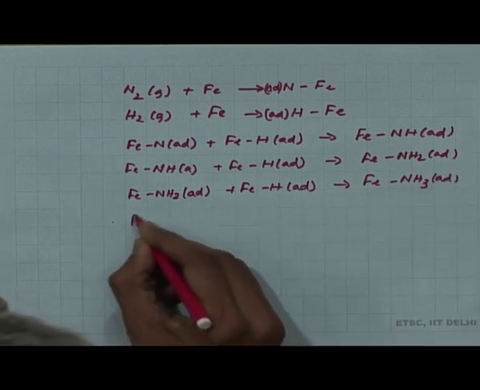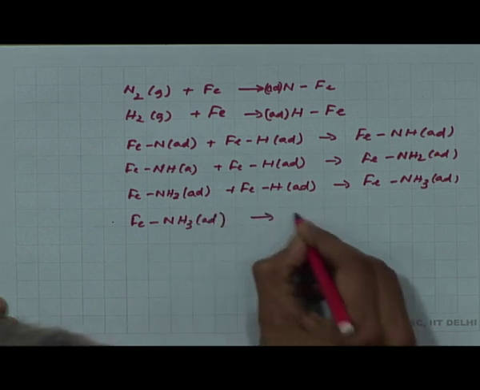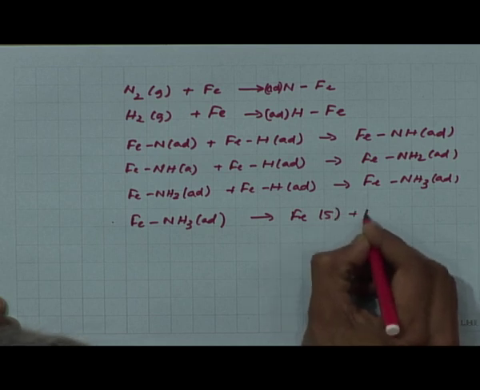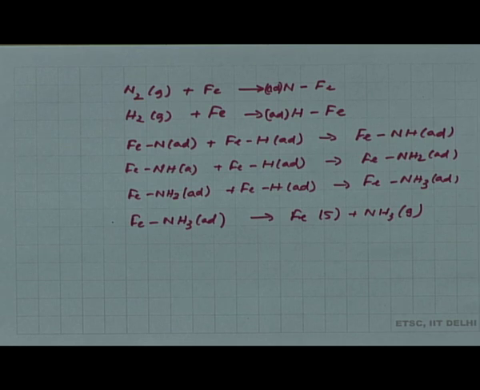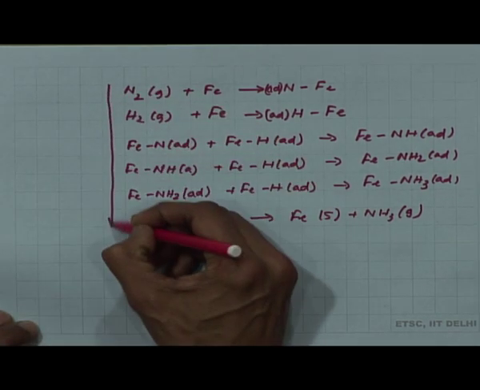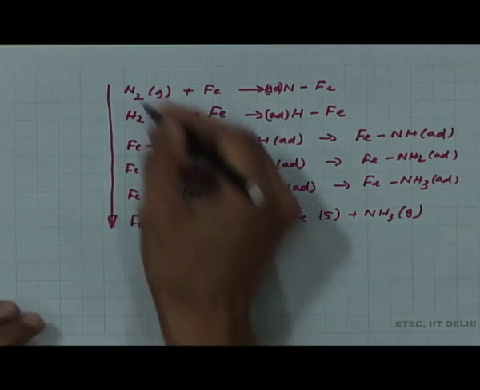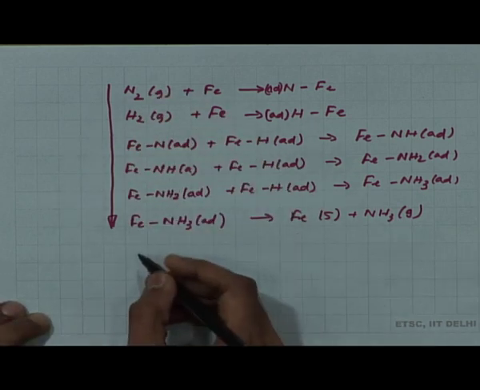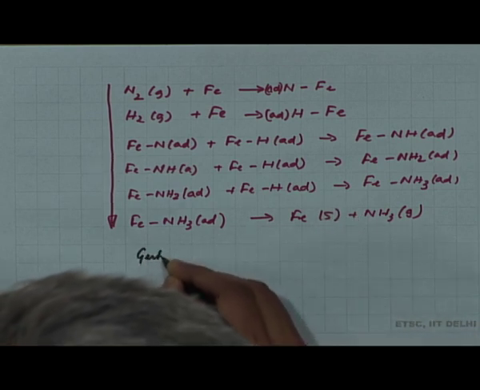And this adsorbed ammonia will then desorb to give you ammonia in the gas phase. That is the series of steps that happens in the synthesis of ammonia from nitrogen and hydrogen on an iron surface, the Haber-Bosch process. Understanding the mechanism for the reaction of N2 plus H2 on the iron surface got Gerhard Ertl